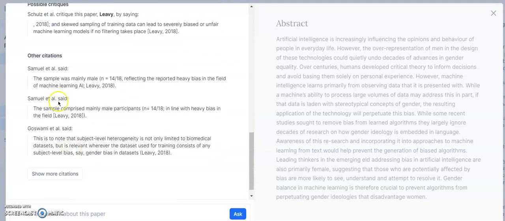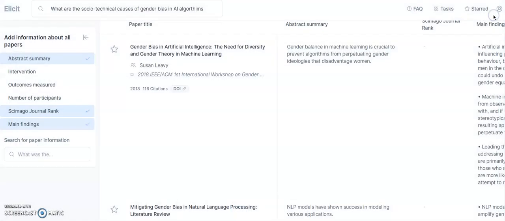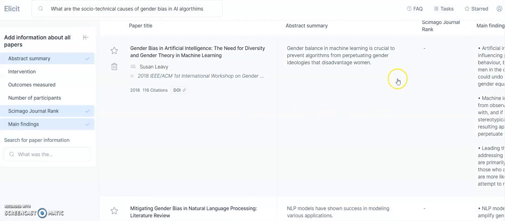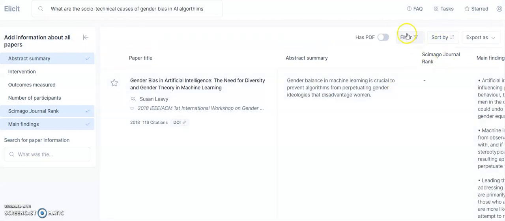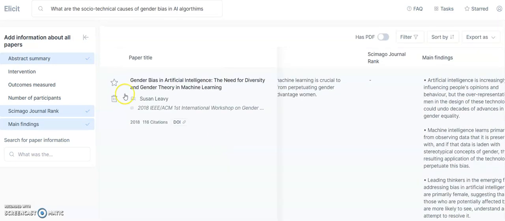And then you can also see where the paper has been cited in other journals, and you can go and look at those as well if you want. You can even ask a question here, for example, what sort of methodology did they use? There's the full abstract. You can then also sort, and you can filter. So you could filter perhaps for articles from the last 5 years only, and then you can export this into an Excel spreadsheet. I would then go through this and star the ones that I would like